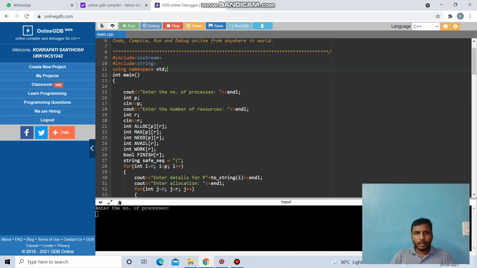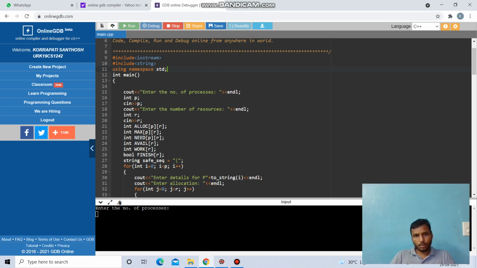After that, int p, and after that cin >> p, cout "Enter the number of resources", and after that endl. Int r and cin >> r, int allocate, int maximum[p][r], int need[p][r], int available, int work, and bool finish, and then string sequence, and after that